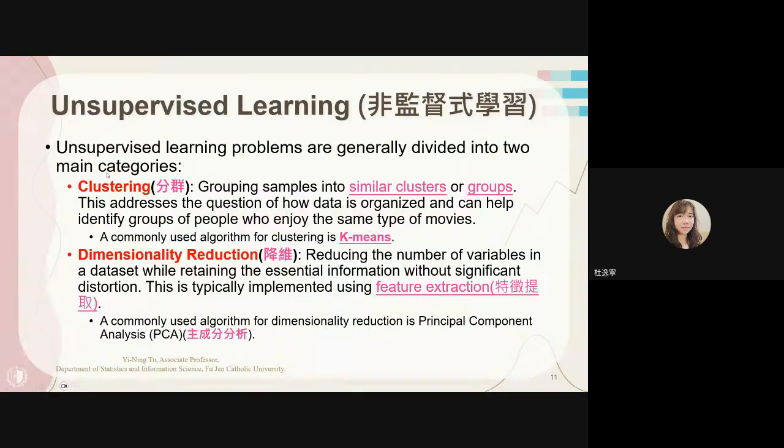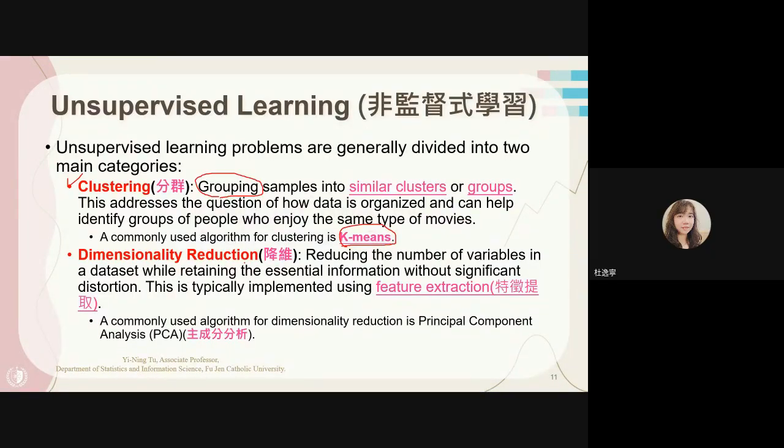Unsupervised learning problems are generally divided into two categories. So I want you to have a highlight. First is clustering. I mentioned classification is 分类. Clustering is 分群, is totally different. Also, you will use the words we call that grouping. Grouping samples into similar clusters or groups. This addresses the questions of how data is organized and can help identify groups of people who enjoy the same type of movies. So a commonly used algorithm for clustering is k-means. 我们会讨论到这个 k-means. This semester we will discuss this